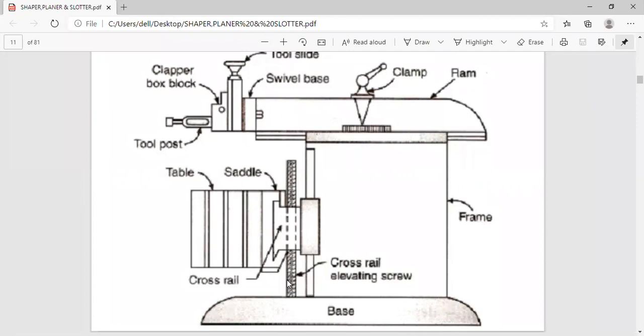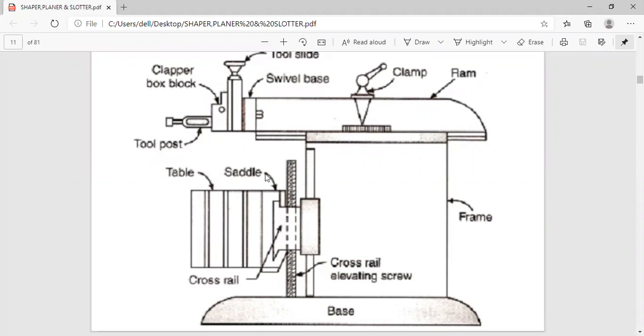So it houses one mechanism. So what is that one mechanism? One is for sliding the table up and down, and the other one is for the crosswise or transverse movement of the table. Because in some of the acceptance tests, you have to move the table for about 1000 mm or 1 meter to 2 meters or 3 meters, depending upon the standard procedures adopted for that particular acceptance test or the alignment test. So that is very important.